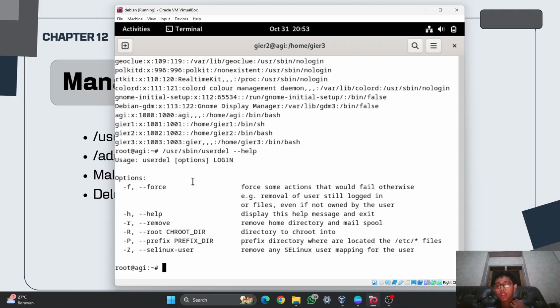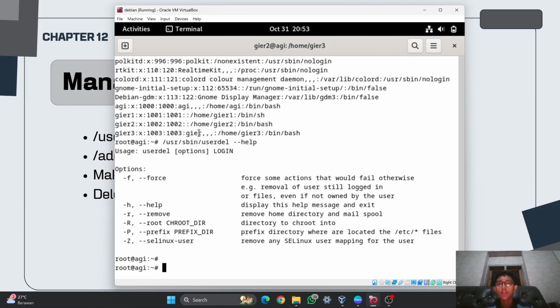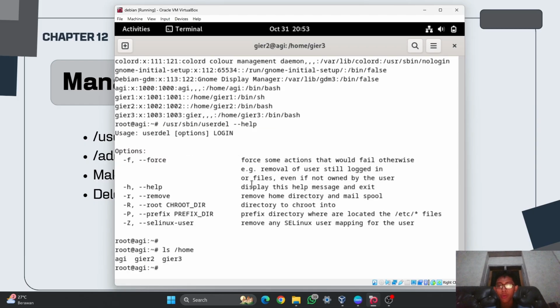But for this one, I will try using -r. I will try to delete the GR3 user, so it will delete the home directory of GR3. Wait, I will check it in here, /home. So if I use -r, it will remove this home directory.